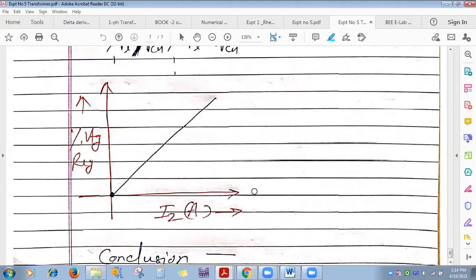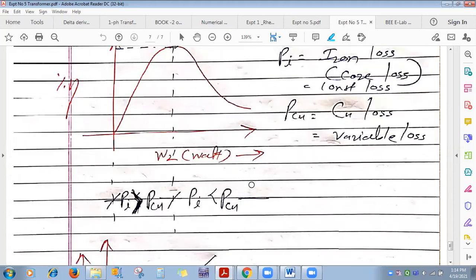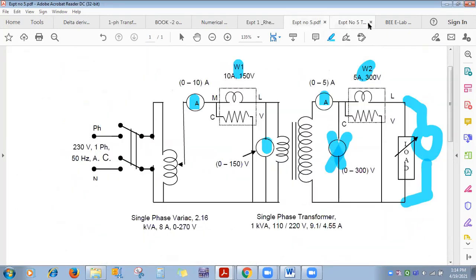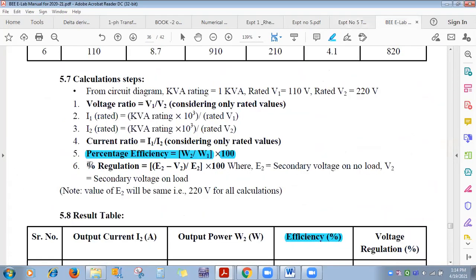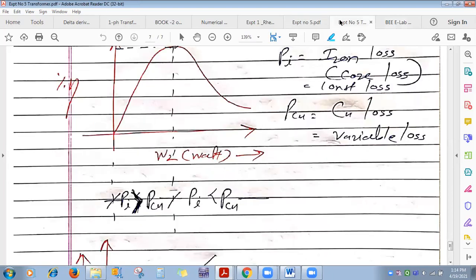Okay. Now we'll see efficiency also, voltage regulation also. Two simple formulas we have seen for voltage regulation and efficiency. See, this is the efficiency and this is the voltage regulation. These two formulas, everyone please keep in your mind. Whatever numericals you get asked to calculate the efficiency and voltage regulation, you have to use these formulas; another one also we are going to see. So voltage regulation is E2 minus V2 upon E2 into 100 and efficiency is W2 by W1 into 100. Now we'll see voltage regulation first.